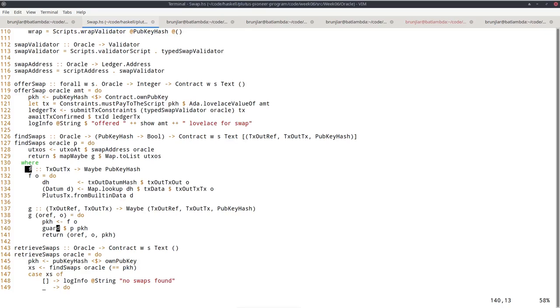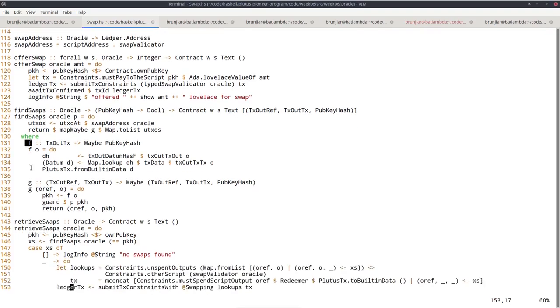So that means I check whether the datum of the UTXO satisfies my predicate. And if it does not, then this will return nothing. So I will drop this UTXO. And if it does, then I return this triple, consisting of the reference, the UTXO itself, and the datum encoded in it. And we will see how we use this find swaps helper function in a bit.